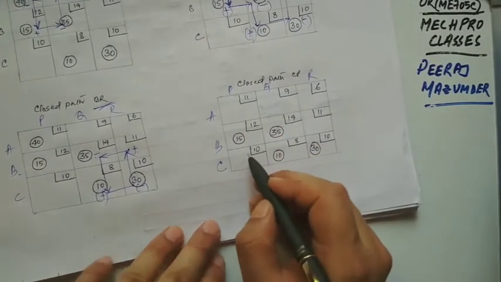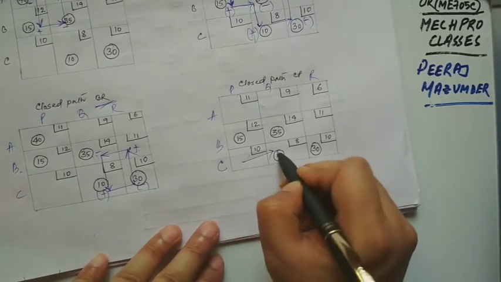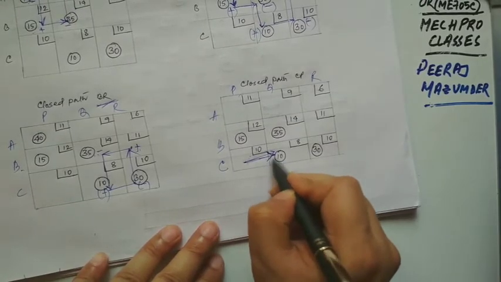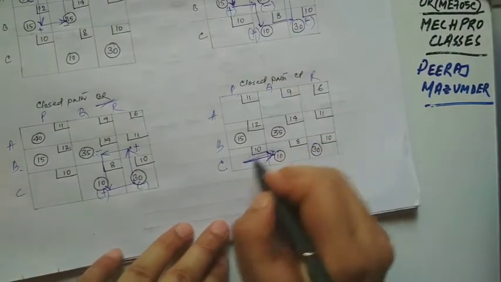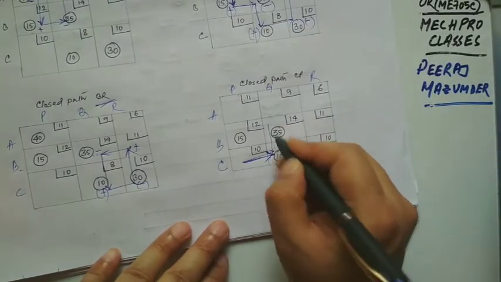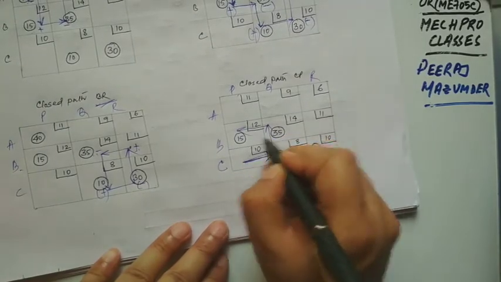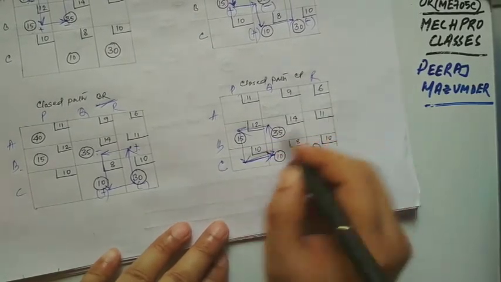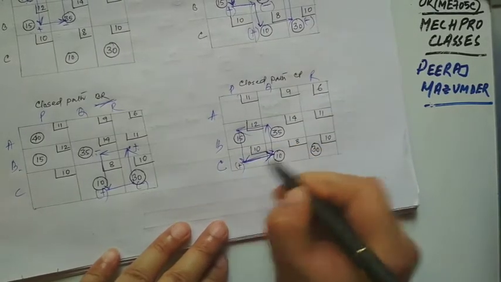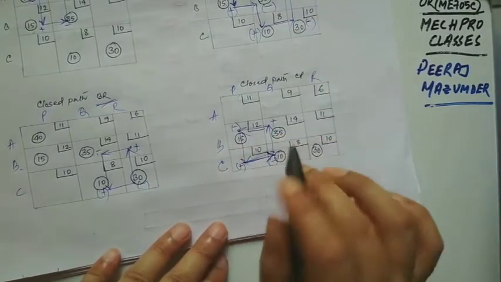Now start from here, go here, making a horizontal line. Though it does not seem horizontal, sorry for my drawing, it is a horizontal. Think of it as a horizontal. Next you have to take a turn, because it is an allocated cell. Again take a turn, because it is also an allocated cell. Next again take a turn. Now you have to close the loop. You have closed the loop. So starting with plus, then alternately minus, then plus, then minus. So we have closed the loop.